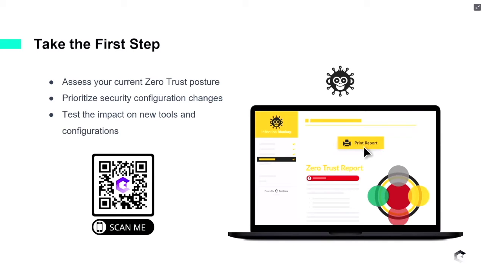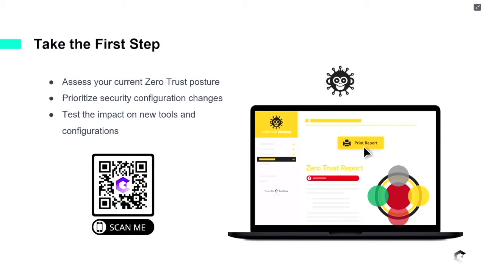My closing line, I can just recommend you to look up Infection Monkey, which is a tool that will help provide a report on your posture in a zero trust context. It's non-intrusive and all that. It's free, so you can get an idea of what's the impact of introducing zero trust in your environment. I wish I had more time to talk about that, but I don't.